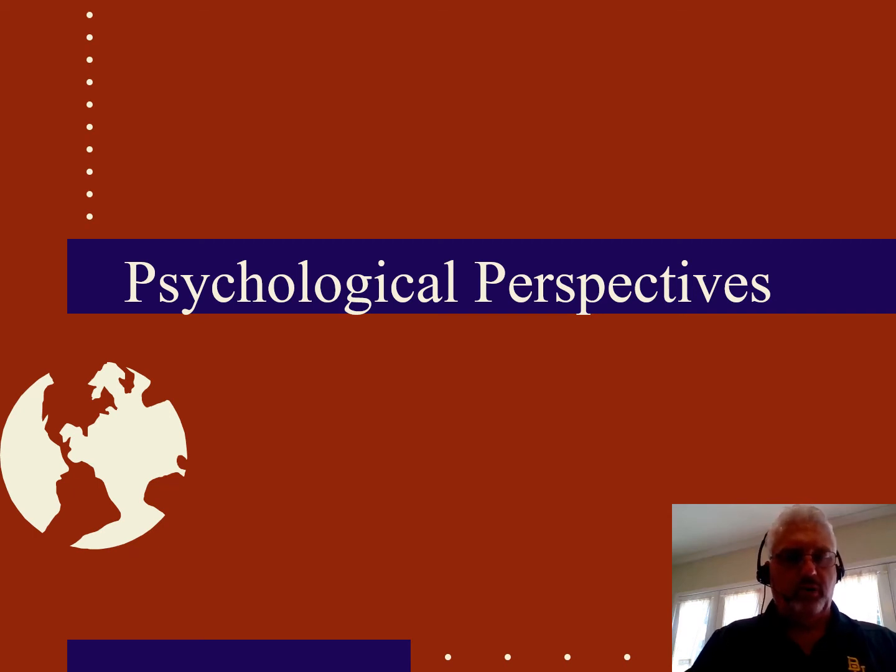Okay, welcome back. We're on the second half of chapter 4, and we're moving from the biology to the psychology to the sociology of crime. So we've covered biology, both the historical approach and also the more modern approaches. And now we're going to move to psychology and crime, and we're going to start with one of the most noted psychological approaches to crime, and that's Freud and psychoanalytical theory.